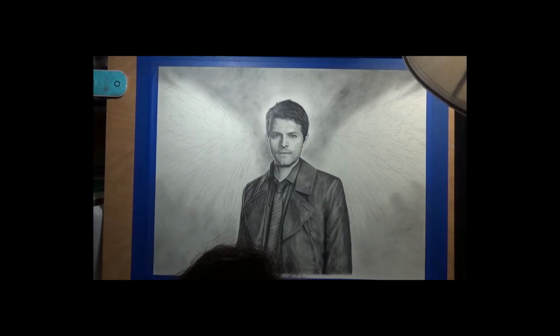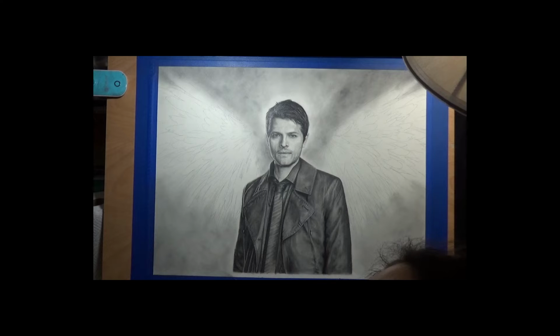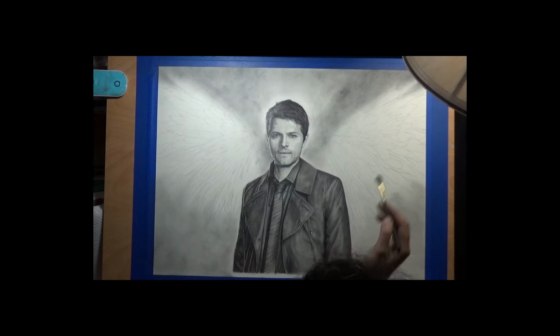And I'm debating whether to leave that for now. I probably should have started that sooner. Thinking about maybe trying to get to some of the wings so you guys could see it, because I've done enough back here that I can come back and fill that in now. And I may change my mind about some of the effect I put back in there now, but